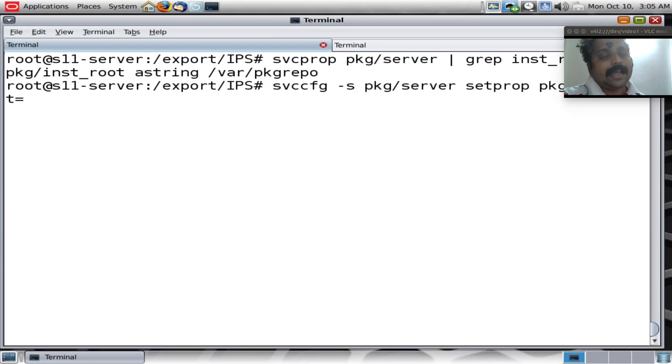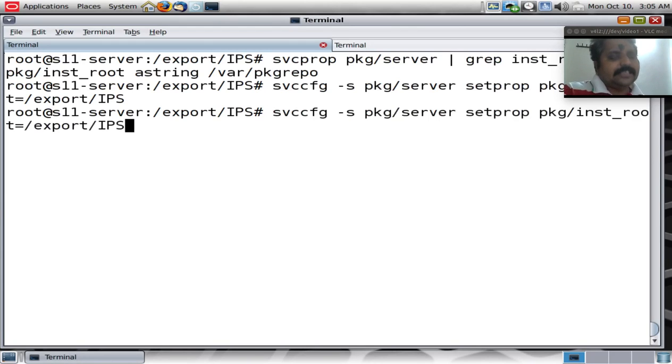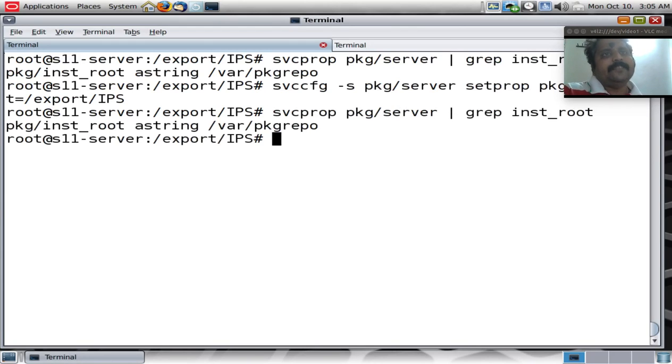pkg/inst_root, and the value that I want to set for that property is /export/IPS. Now we can verify this one more time to see if the package has been changed. Actually not, because we modified the memory copy of this. So if we want to make these changes commit, we would need to run the command svcadm refresh pkg/server, and